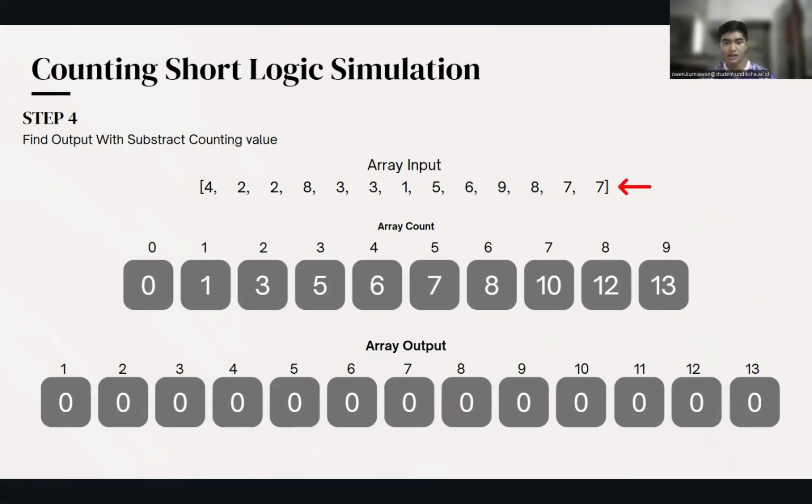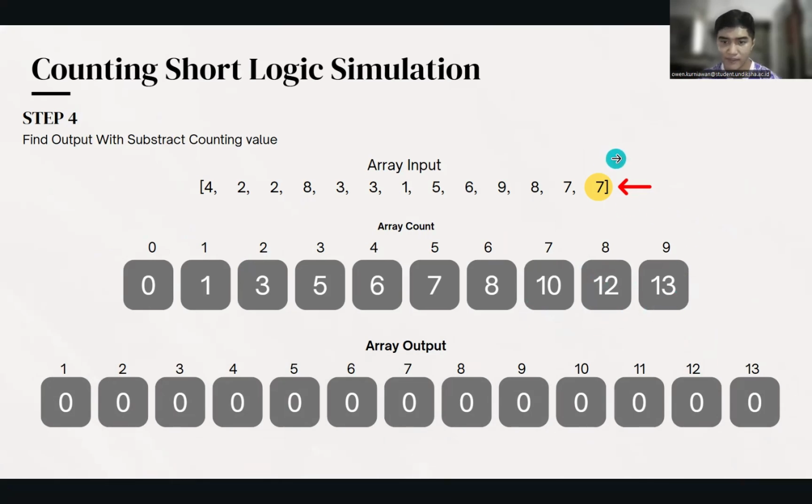In this step, instead of reading from left to right, we'll be reading from right to left. So here, the first one on the right side is 7. The value of 7 in the count array is 10, right?